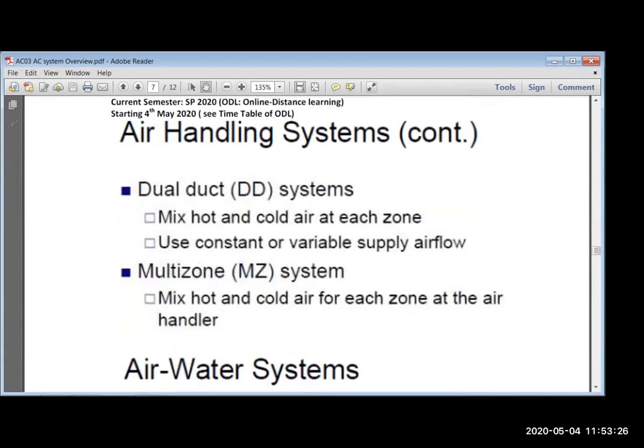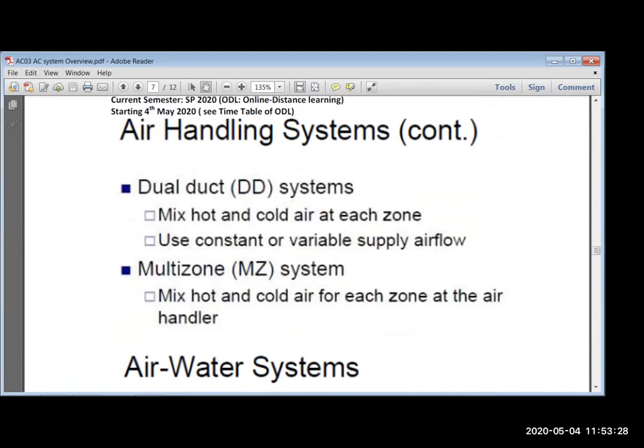Air temperature may be different in different zones in a VAV system. Now, there are two types of system design: dual duct system and multi-zone system. In a dual duct system, you have a separate supply of cold air in one duct and a separate supply of hot air in a different duct. In the cold air duct you have the cooling refrigeration plant, the evaporator, and in the heating duct a heating coil will be provided, heated with hot air or steam.